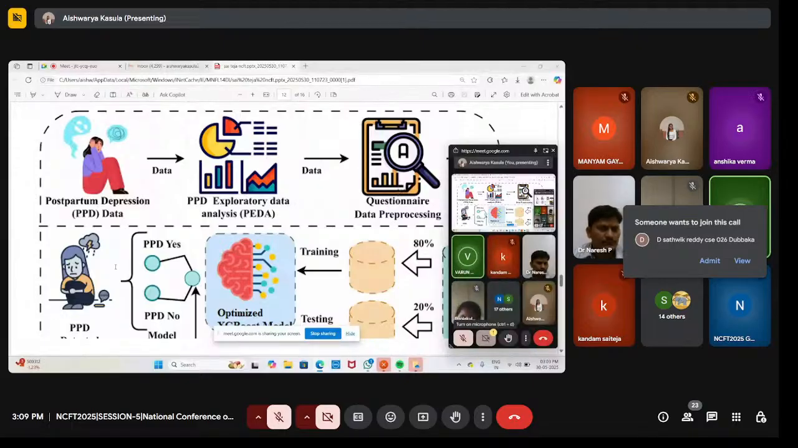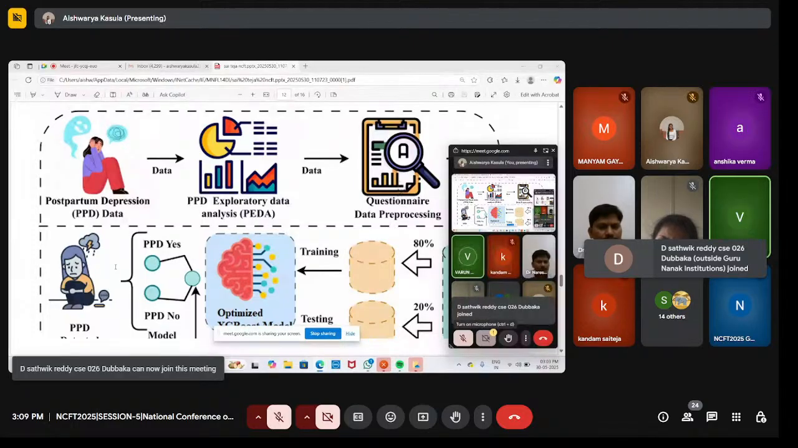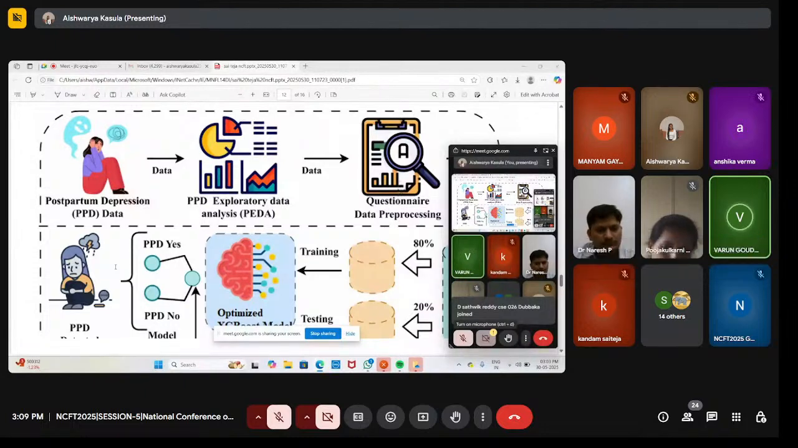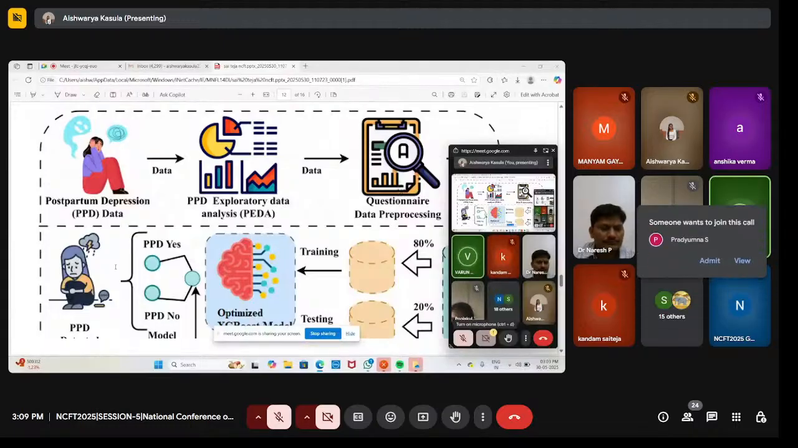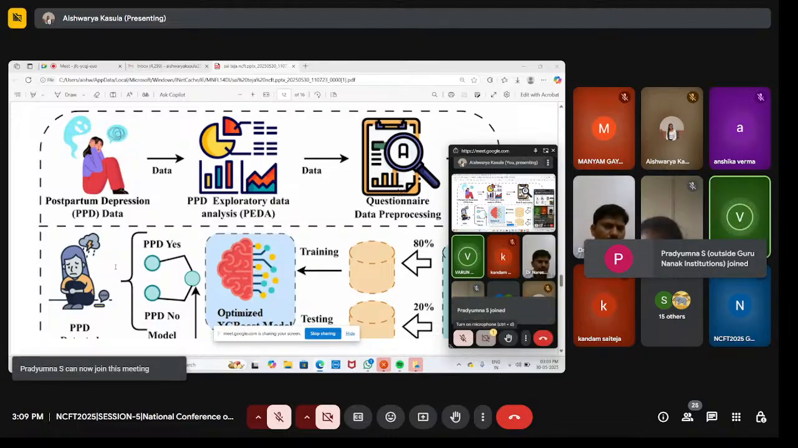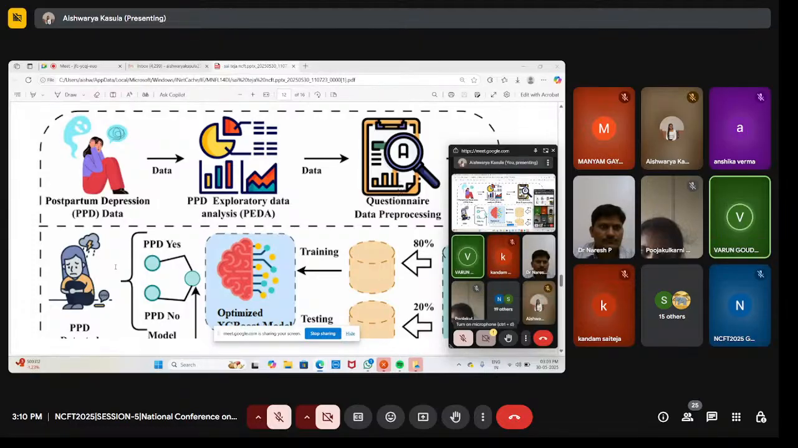And in step two, we have done the cleaning of the data. Real-world data is messy, so we have to fix missing answers, convert text answers into numbers, and remove some weird outliers, like someone saying they slept 2 hours a night. In step 3, we used EDA, exploratory data analysis. In this,